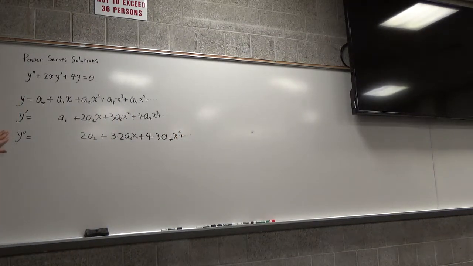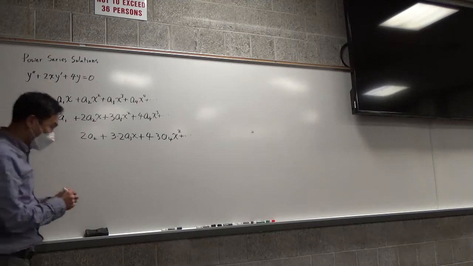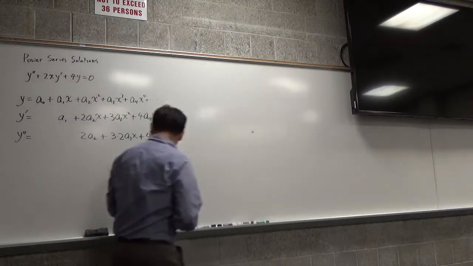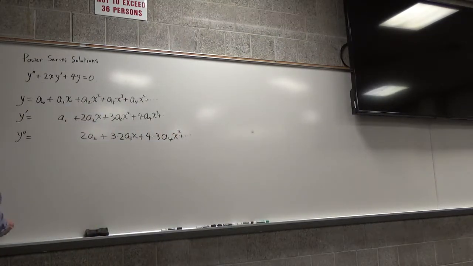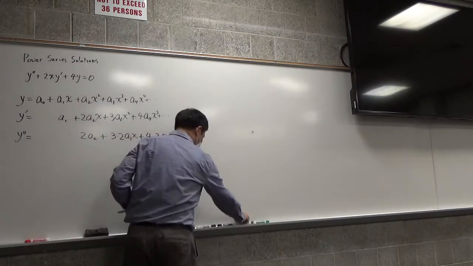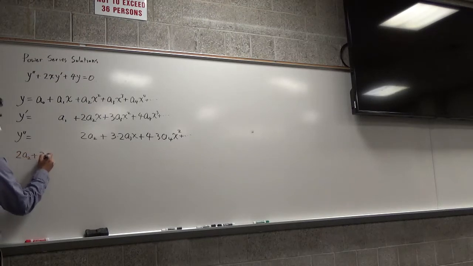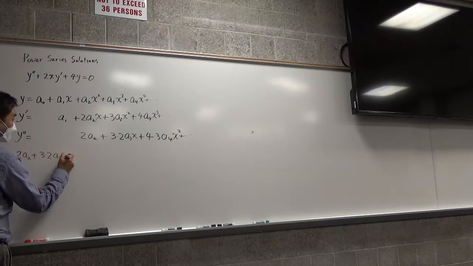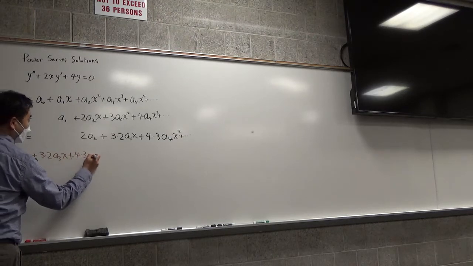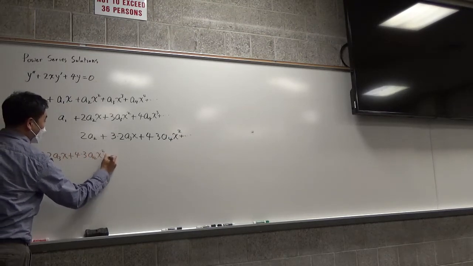And all of these get plugged into the left side. Right? y double prime is replaced by this, y prime is replaced by this, and the resulting equation is, let's see what we get. I'll just write it this way. Okay, so you get 2a2 plus 3 times 2a3x plus 4 times 3 a4x squared plus and so on